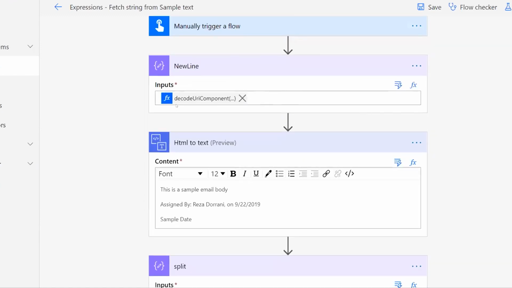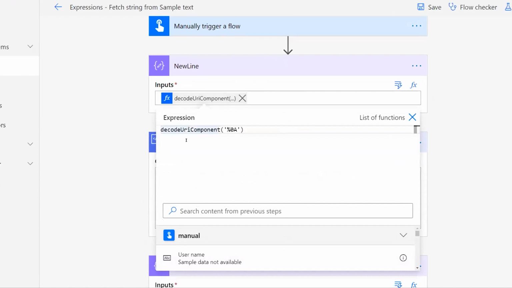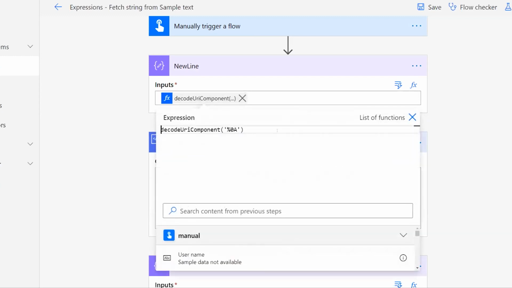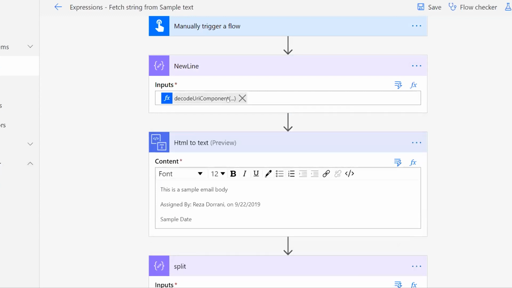Well, one expression for this as well. This expression is called decodeUriComponent, and this is the character code for a new line character. Whoa. Okay, cool. This is way beyond. That's awesome. Okay. So again, for folks who understand character codes, they will be very familiar with this. If not, when you want to work with a new line character, just use this formula. I love it. decodeUriComponent %0A, and just use this, and this will give you a new line object.